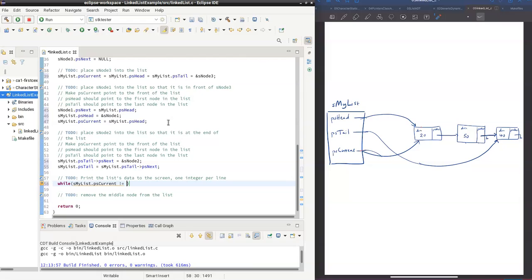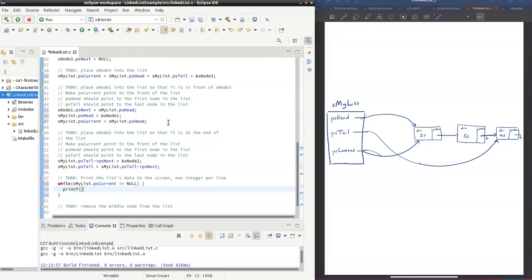So while smylist.ps current does not equal null, we're just going to loop. So while the current does not equal null, then what we're going to do is print